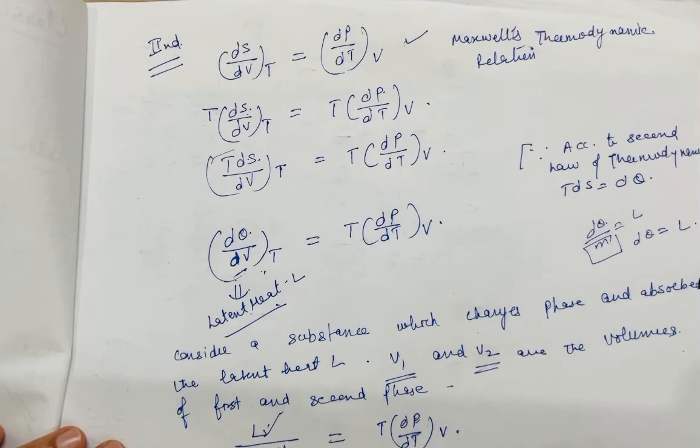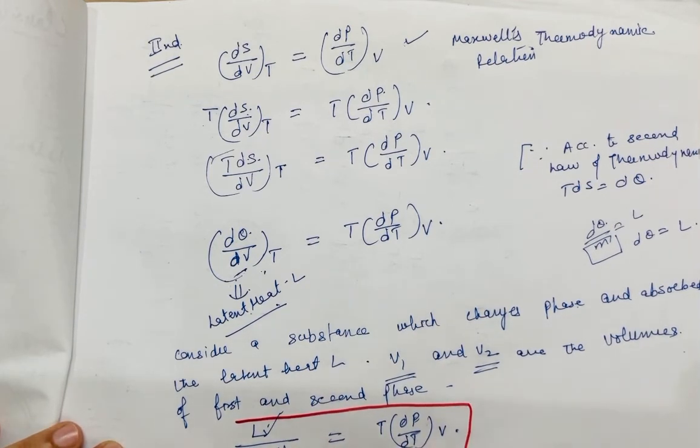So we get this equation. Clear? This equation, L over V2 minus V1 equal to T dP by dT, is called the